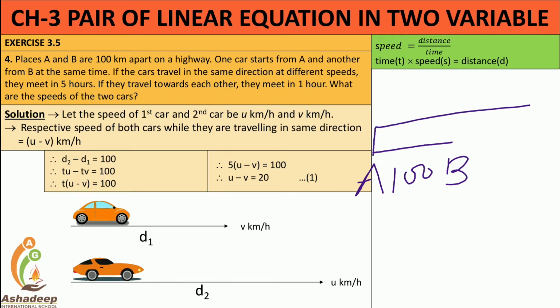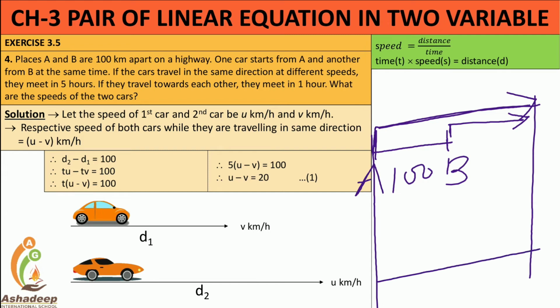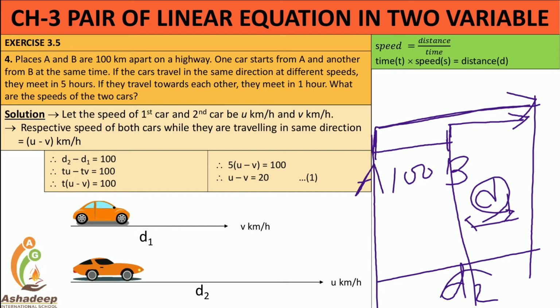Now car A starts and another car starts from B. Car A has the higher speed and car B has the lower speed, right? For example, car A travels the distance D2 and car B travels the distance D1. So if you subtract D1 from D2, out of this total distance, if this distance is subtracted,